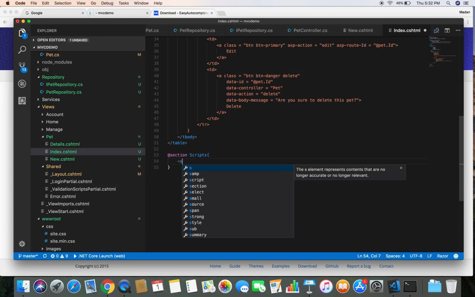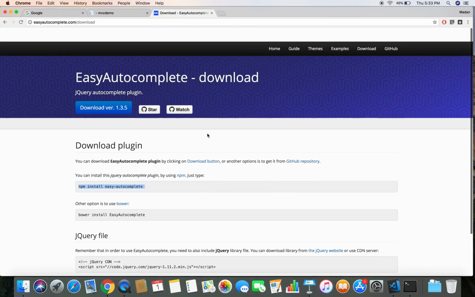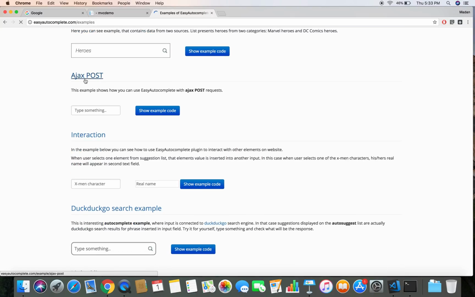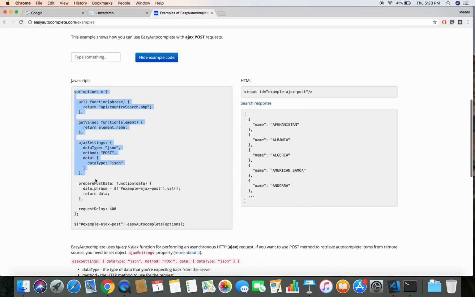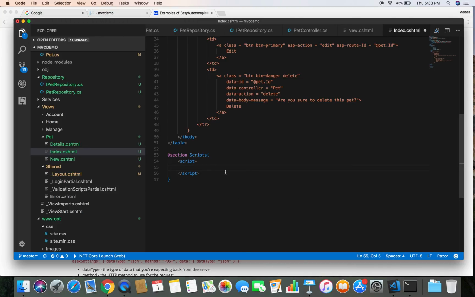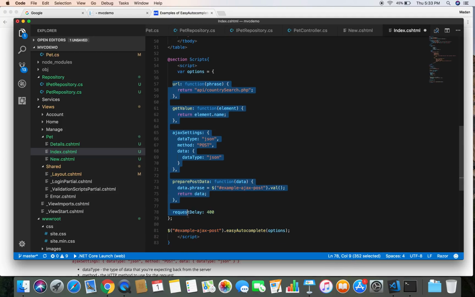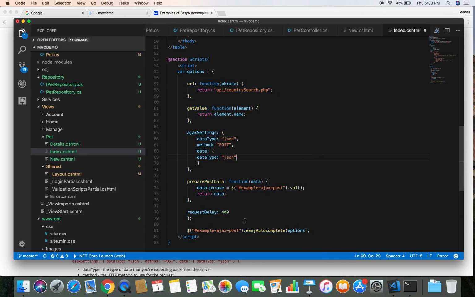Let's give it a script tag, script, and let's head back over to the autocomplete example, and let's grab the example of Ajax post. I'm going to grab this all, copy this and paste it here. Let's format this there. Alright,